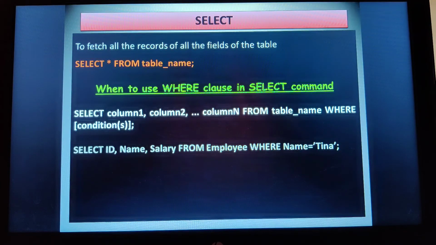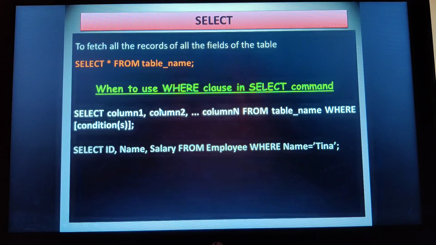So if I want to view the contents of that table, not the structure, because the structure is only shown by describing it. In the structure, I can only see the column name, its constraints and the data type. If I want to see the table with the records, what all records you have entered through the insert command, then I have to use the query select star from table name. Understood?